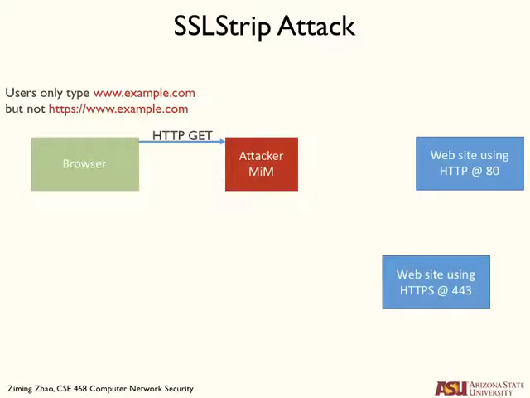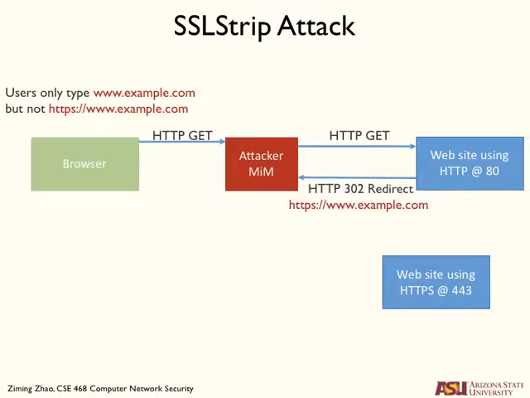So they will forward all their packets to you. So the plain text HTTP GET will be sent to the attacker, and the attacker will forward this to the unsecure version of the website. And if that website returns that you should redirect, then the attacker will